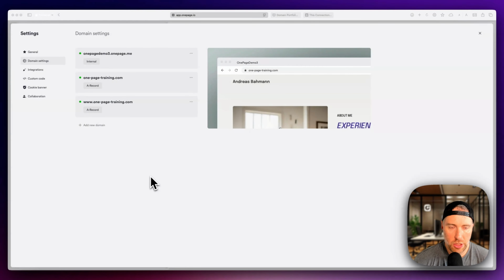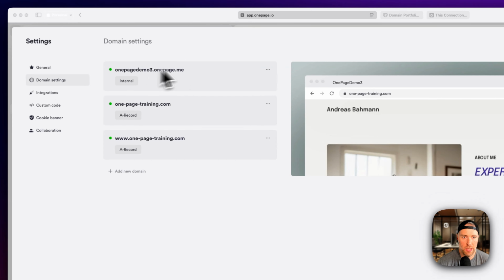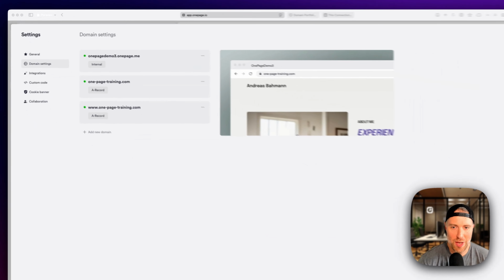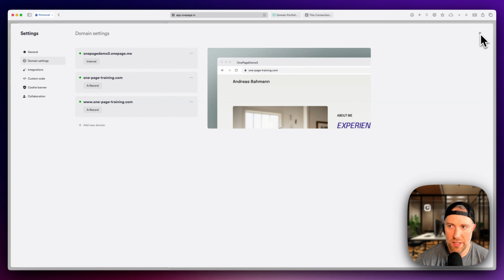Okay, so we're back. This just took a few minutes, about 6 minutes actually on our end, and we can see now that we have confirmation. This is our free domain with Onepage, but we also have our primary domain without the www and with the www fully connected here. We've got these green status lights, and it includes an SSL certificate. Okay, so what we can do is we can close out of this screen,